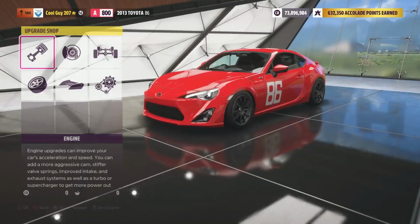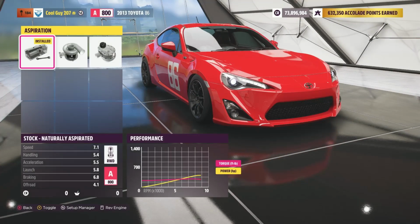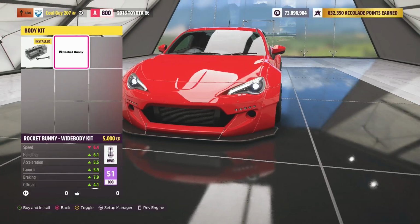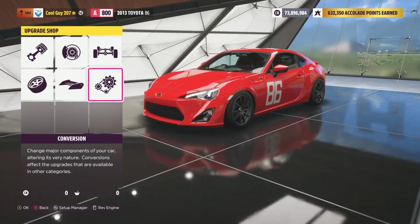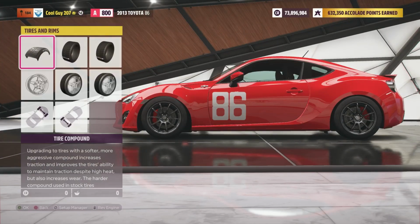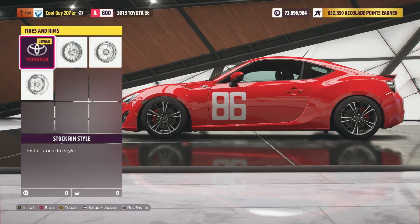So anyway, to build this car: stock engine, stock rear wheel drive drivetrain, so pretty much no conversions at all. I will say, I do quite like this with the body kit, but it doesn't go on. Aero all remains stock. Then you want the slick race tire compound, stock front tire width, stock rear tire width. For the wheels,